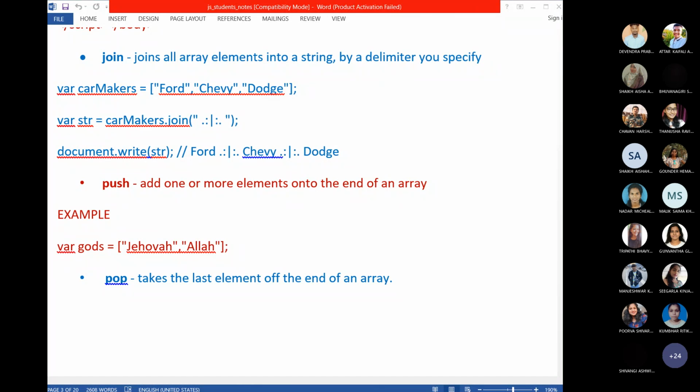Now I will ask a question. This str, which object is str?